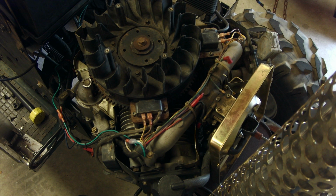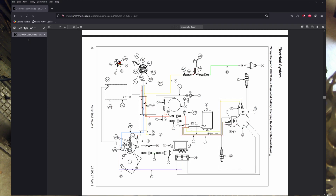If I bring up the service manual for the engine here real quickly, we can see that the orange or yellow and brown wire I was kind of pointing at on the coil here is right there, and that all goes into the big box, which is the actual Smart Spark box. And then the wire that I'm interested in